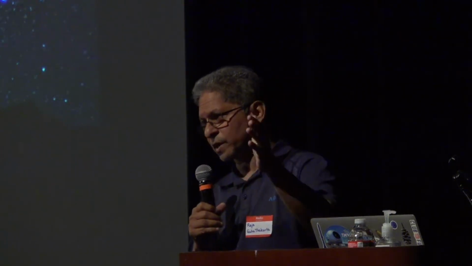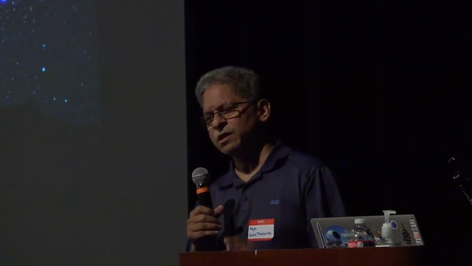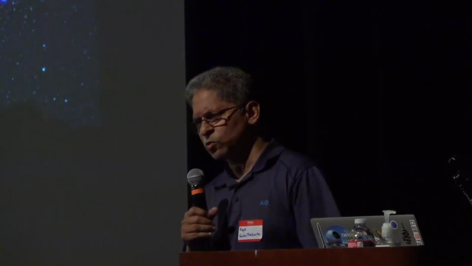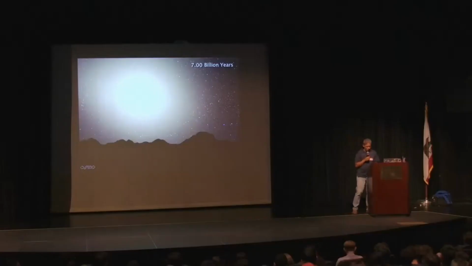Mars is a bit too close for comfort, because when the sun bloats up and becomes a red giant and swallows the Earth, Mars is going to get really hot, okay? So you're worried about global warming now? That'll look like a walk in the park. So go out to one of the moons of Saturn or Jupiter, and if you're wondering what to build the rockets with, I have an idea.